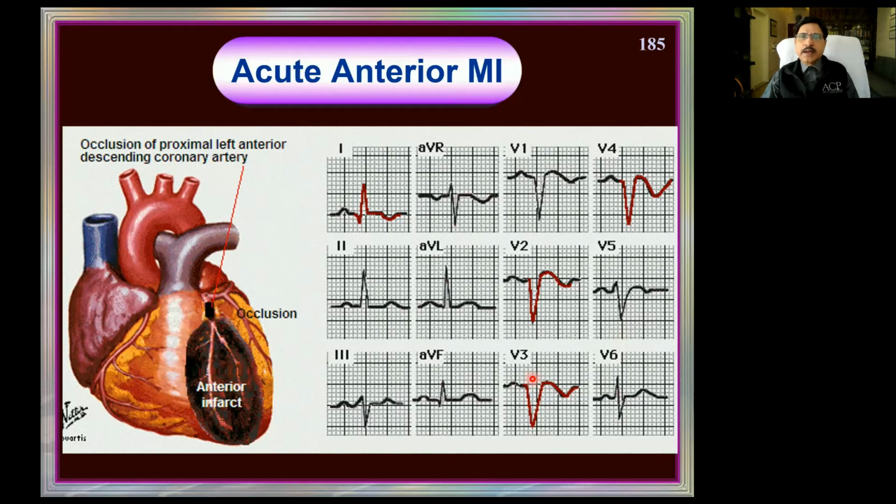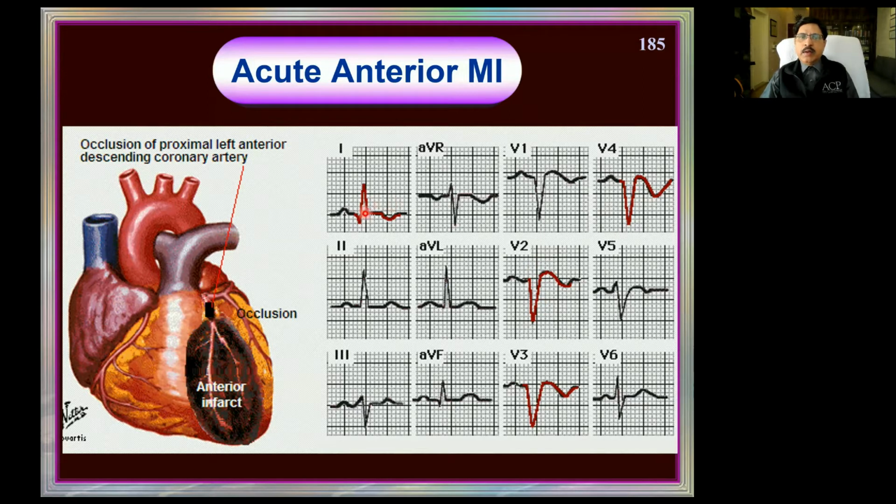This is an anterior infarct, anterior myocardial infarction. How do I know that? Because the anterior leads like V2, V3, V4 are showing the changes, and the pattern is QS. There is almost no R here. The R wave voltage is zero, and there is only the QS pattern with slight ST coving and T inversion. A little evolved infarct, a little older infarct, and not very acute. If it is very acute, we would see very tall ST elevations.